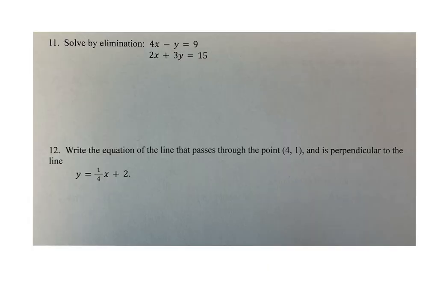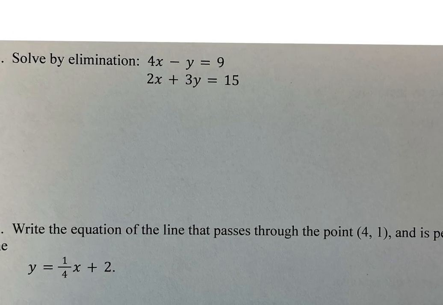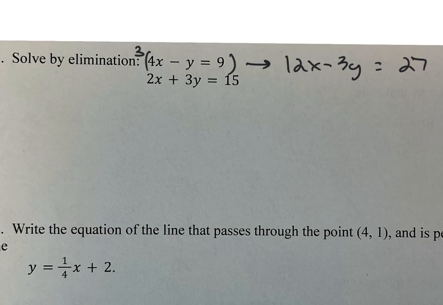All right, number 11. We've done a bunch of these by now. It says solve by elimination. I'm gonna make this a little bit bigger. Trying to figure out which is the easiest one to get rid of. It looks like to me if I multiply the top by 3, that will give me a negative 3y above the positive 3y, which I like. So my first equation is going to be 12x minus 3y, and 9 times 3 is 27. I'm just going to bring the second equation straight over,